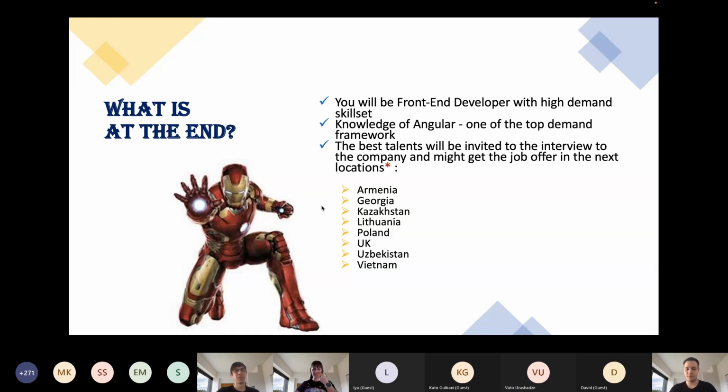First of all, you will become a software engineer with a demanded skill set. Second of all, you will get hands-on experience of using different developers' tools and passing technical interviews. As Pavel mentioned before, you also will get acquainted with one of the most popular and demanded frameworks, Angular. And finally, if you live in the country specified on this slide, you might be invited to an interview at IPAM.